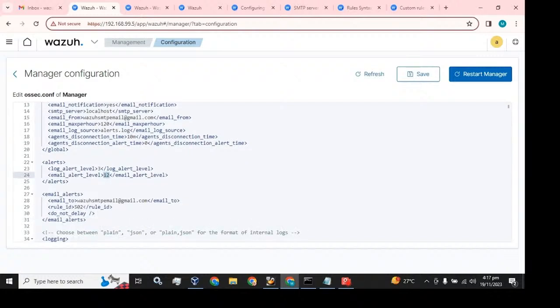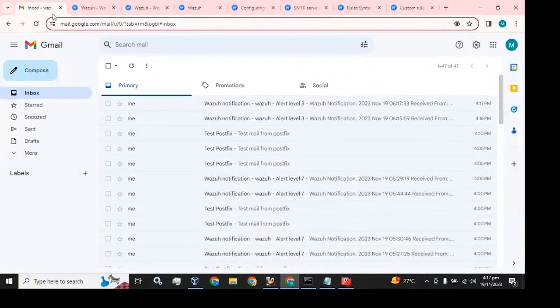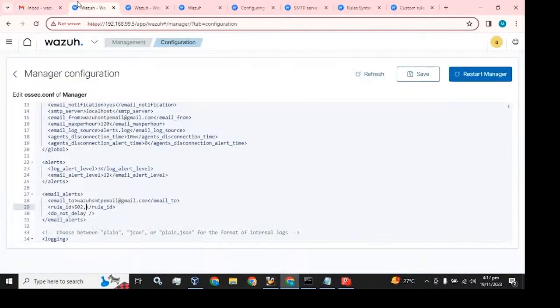Now for the rules we want to receive email alerts for, we just have to put a comma and write the rule ID for that alert, and you will receive the email alert of that particular rule ID when it is hit. I think you guys got this scenario and the configuration very clearly. You can ask me, and if you